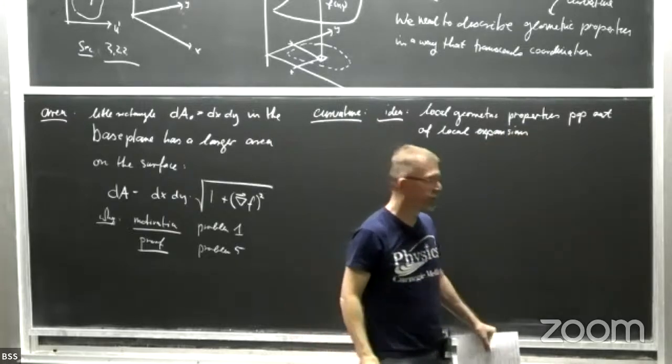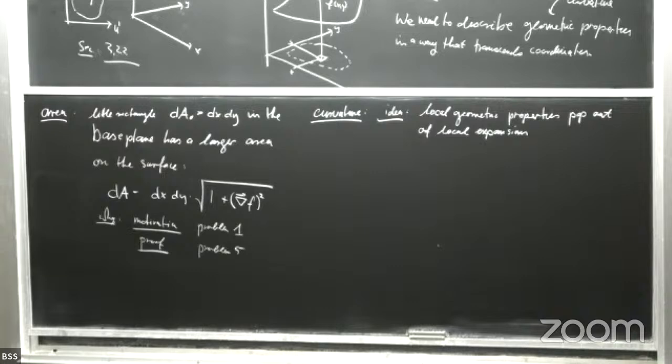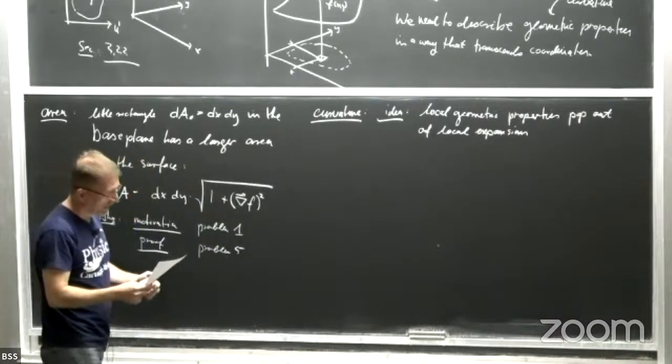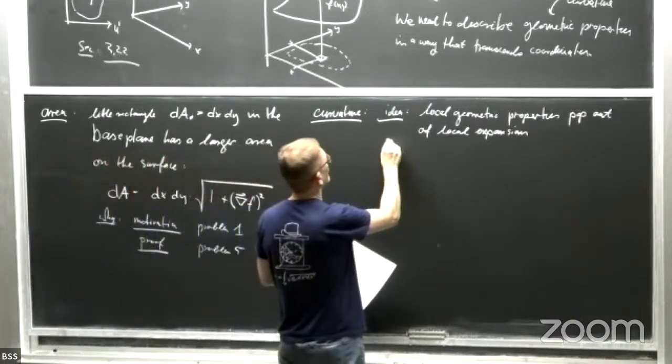So the tried and true master weapon of physicists and mathematicians really is to Taylor expand the hell out of everything and figure out how much we can learn from Taylor coefficients at this point. Turns out a lot. So let's say we expand